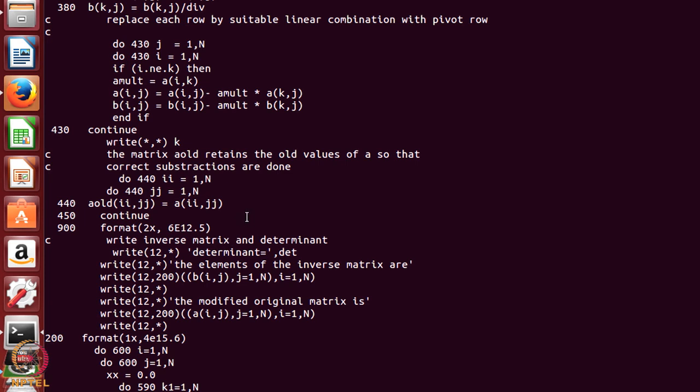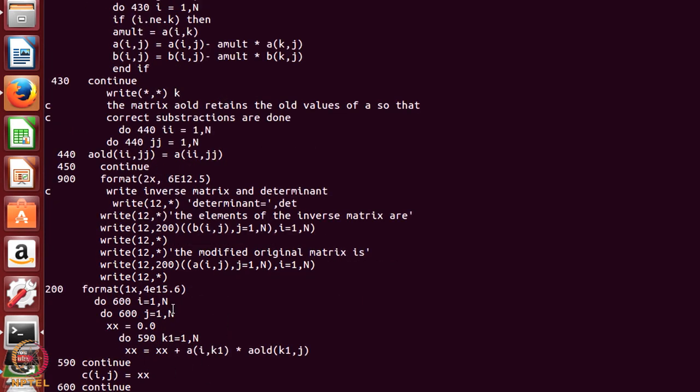So, to summarize what I have done, I divided by the diagonal values to make the diagonal value 1, all the off diagonal elements I set to 0, and I did this for every column of my matrix A. So, the result is that A is now a unit matrix and B is the inverse of A. Then I also multiply A and A inverse to check whether it is an identity matrix. Okay. So, these are all the remaining programs.